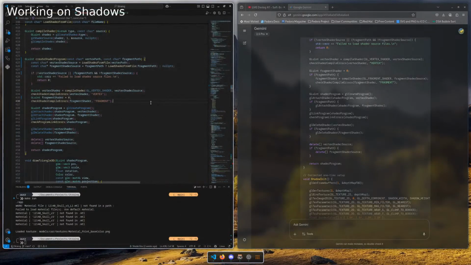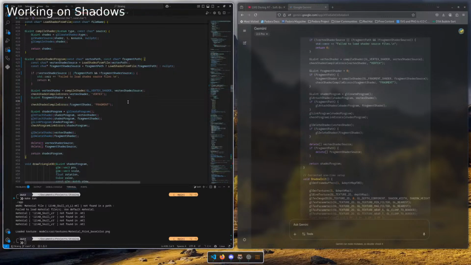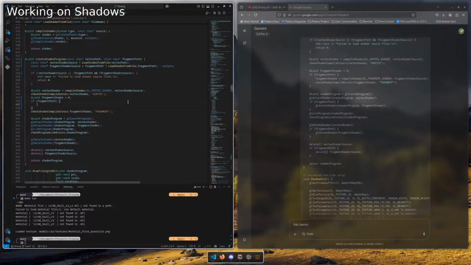Alright, anyways. So we initialized it to 0. So now we have to check if the fragment path is true, and then yeah, if it is not a null pointer or something, fragment shader.